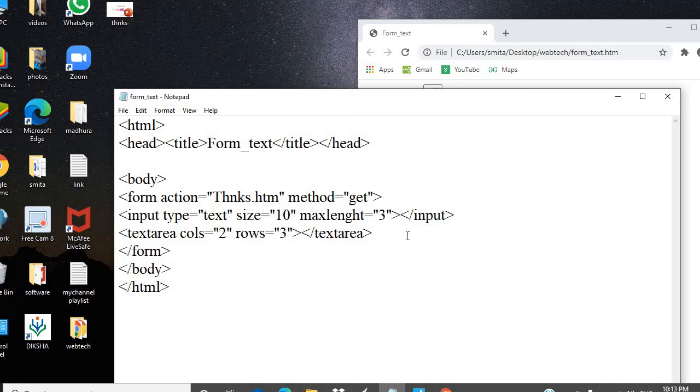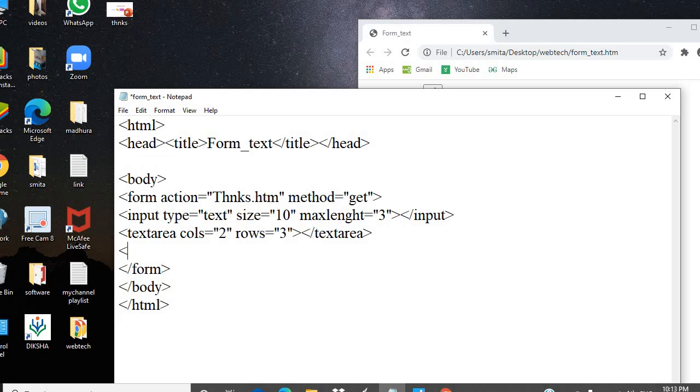So the next option is your checkbox. Basically a checkbox is used to collect multiple options, that is, a visitor simply clicks on the checkboxes and selects list items. That is, n number of list items can be selected with the help of checkboxes.